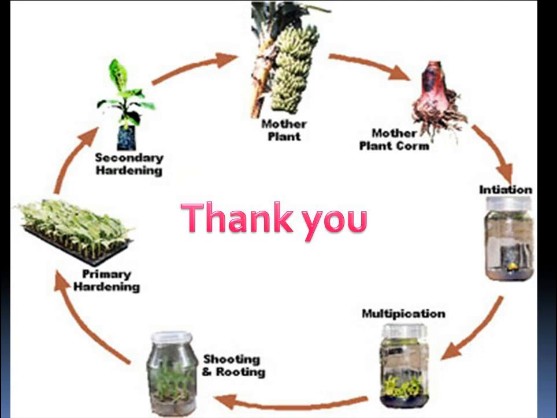In banana, we have seen, we can grow commercially by using tissue culture. Tissue culture is nothing but a method of micro propagation only. In this, a small part of banana we will take, and this will be grown on a medium. After that we will add some hormones for root and shoot initiation. After that we will plant in trays, and then we can grow for soil planting, and we can commercialize that. So this is the method of propagation.